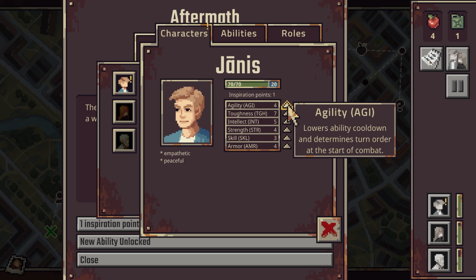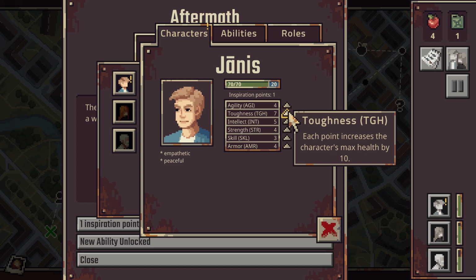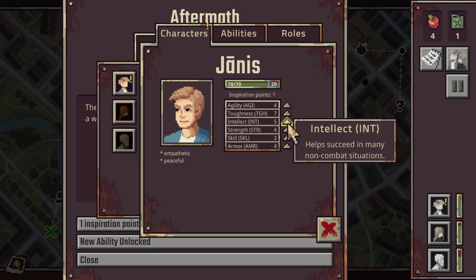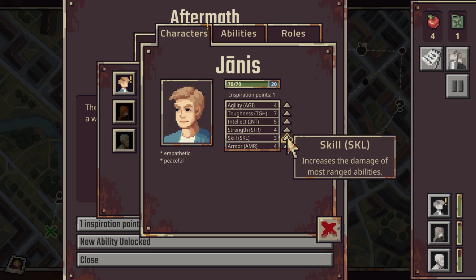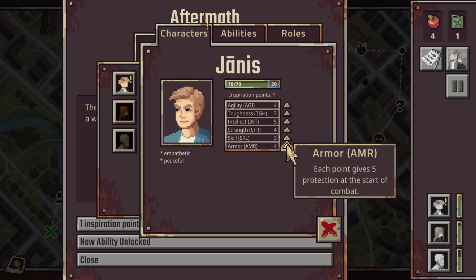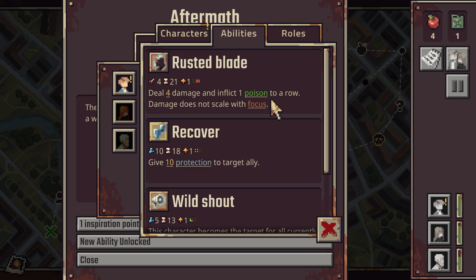I don't know. Let's have a little look. So, agility. Lowers ability cooldown, determines turn order at the start of combat. Each point increases the character's max health by 10. Helps succeed in many non-combat interactions, intelligence or intellect. Increases the damage of melee abilities, increases the damage of ranged abilities or armor. I mean,